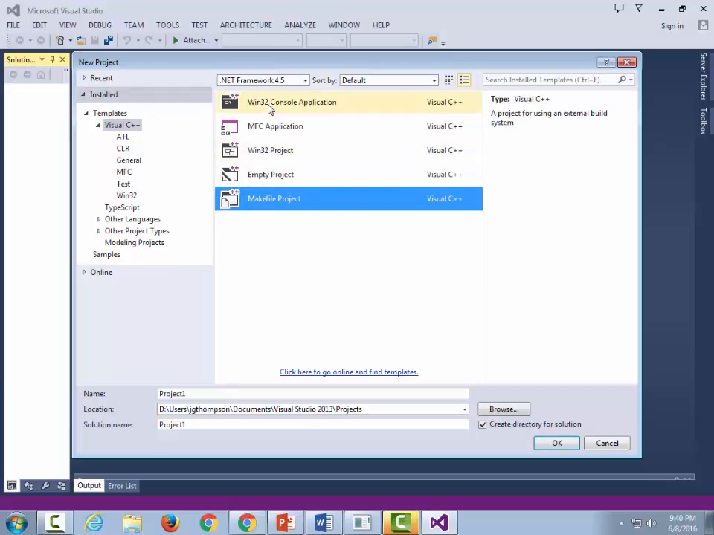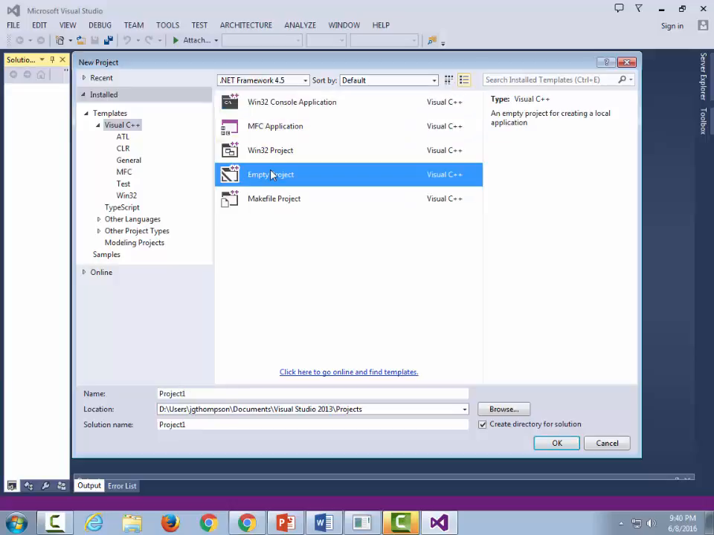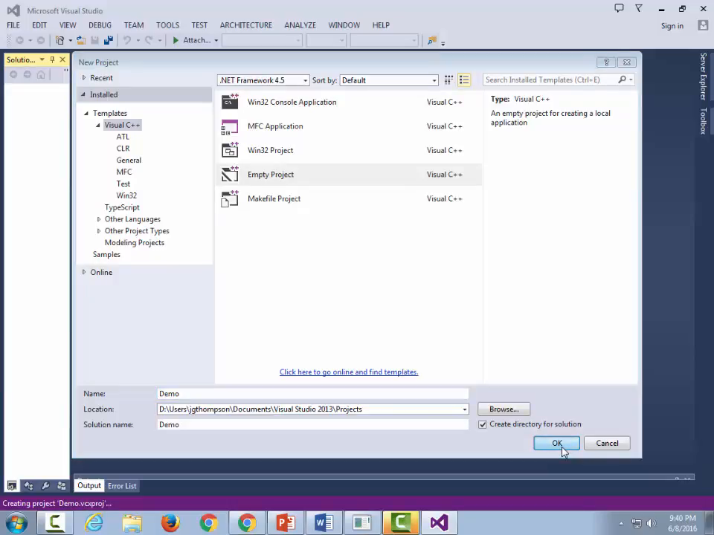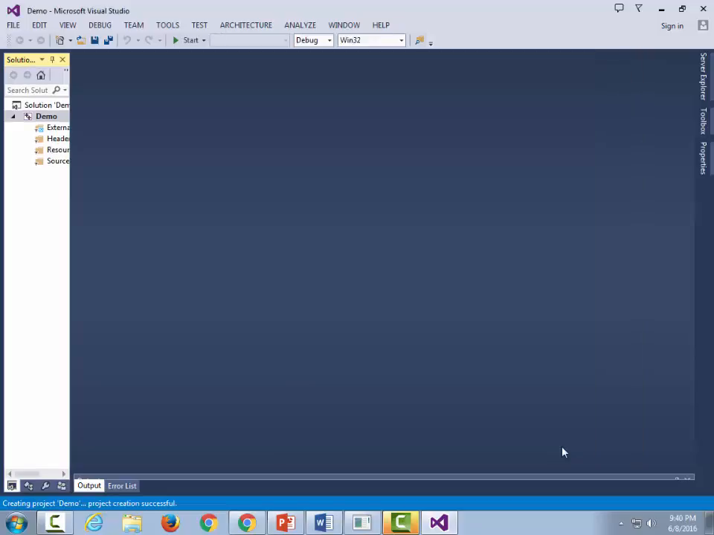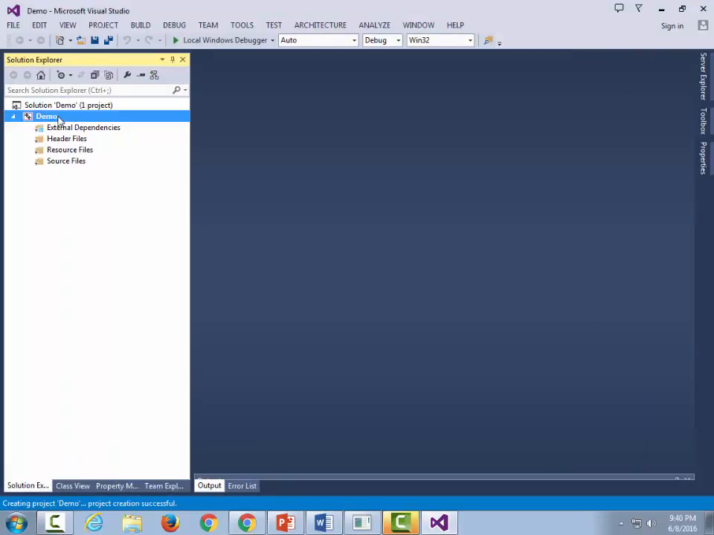Choose Empty Project. That's the one that we want. Visual C++ Empty Project. And then we ought to give it a name that's appropriate. Since this is just a demo, I'm going to call it Demo. Then we have a project here, but we don't have any code in it, so we have to add a